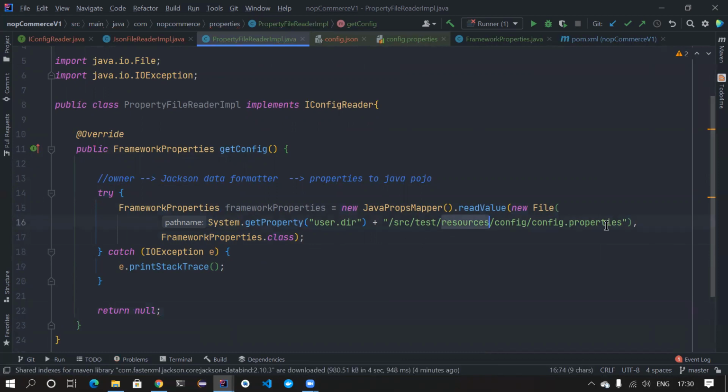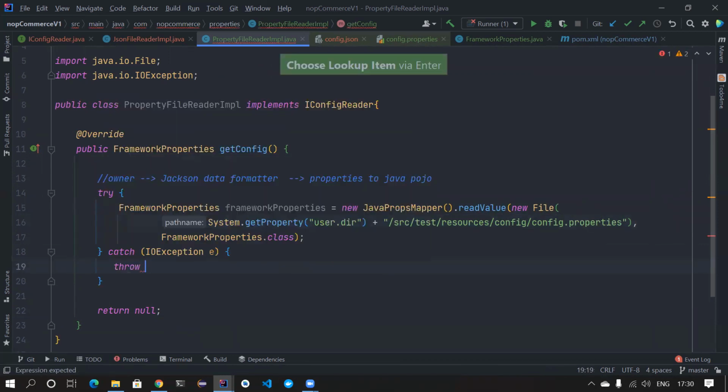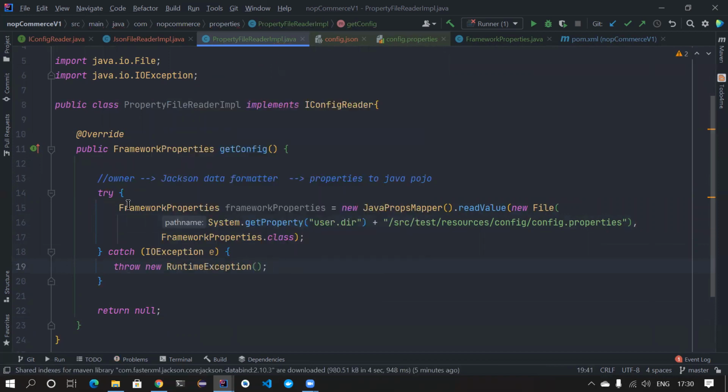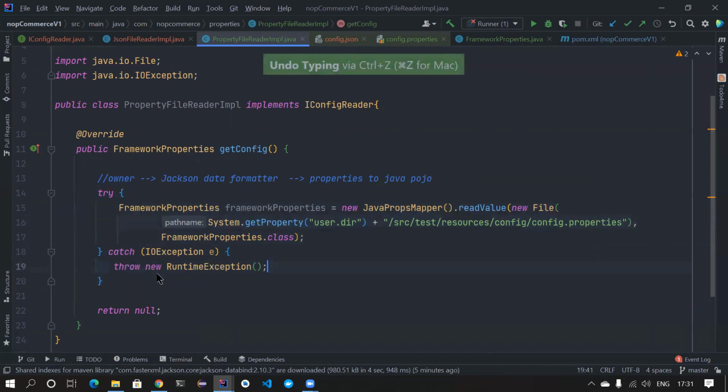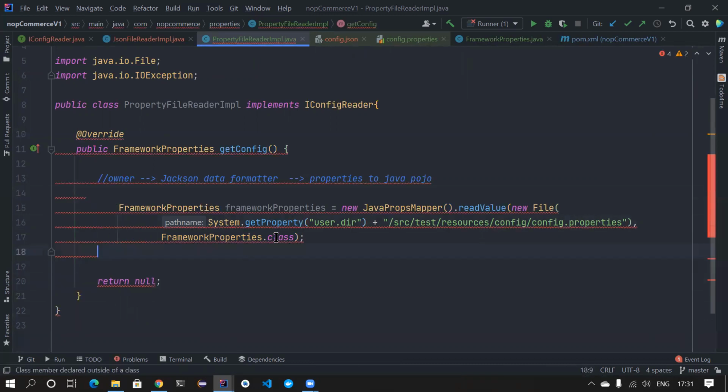So when there is a file that is not available, I need to stop the program. I don't want to continue. Either what you can do, you can throw new RuntimeException. This is something that you can do, or you can just throw the exception back to the caller. So either you do this, wrap the checked exception and then throw it as an unchecked exception, or here I also want to show about sneaky throws which I normally use. So instead of doing all these things, I remove all this. Okay, so again it will throw error.